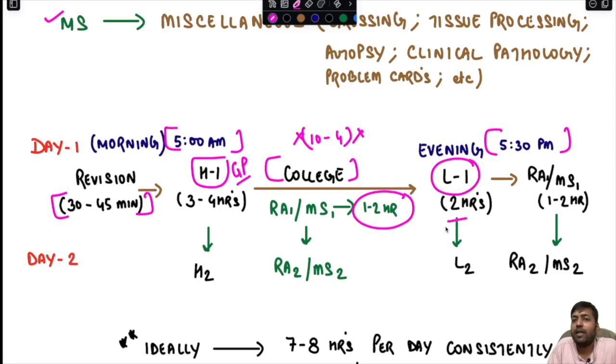Now for the light subject, for example, you read hemat or cytology. 2 hours you give for the light subject. And at night, after the light subject, take some rest and read recent advances and miscellaneous topics once again. If you do not get time over here, not a problem. But if you get time, you start covering these topics as well, because